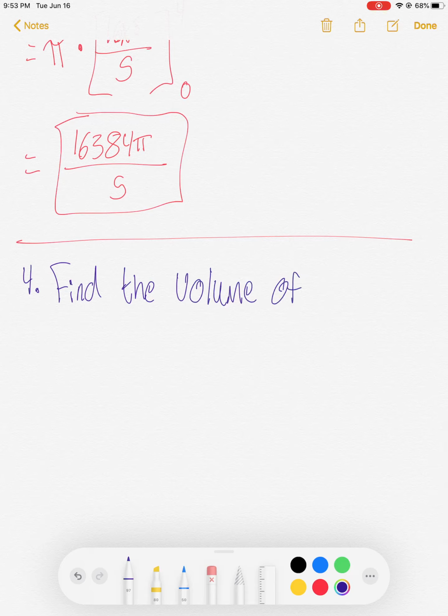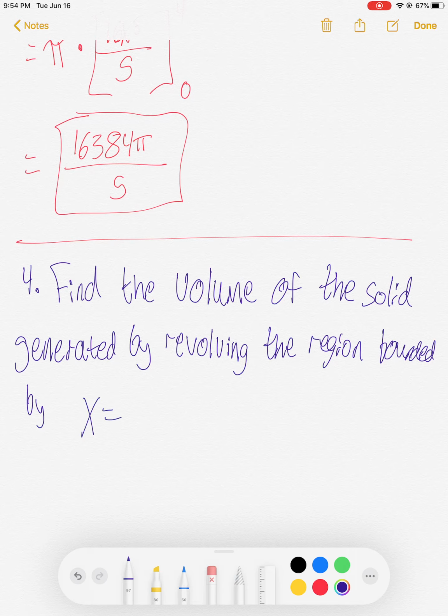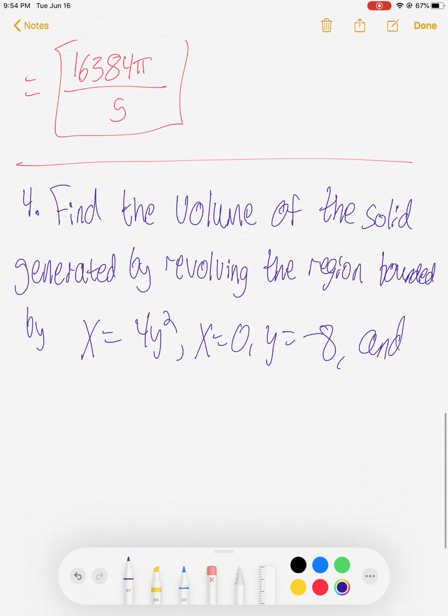Find the volume of the solid generated by revolving the region bounded by, this time I'm going to remember to write bounded by right here. Bounded by, and here are 3 functions. No, we got 4 functions this time. Holy smokes. We've got x equals 4y squared. We've got x equals 0. We've got y equals -8 and y equals positive 8